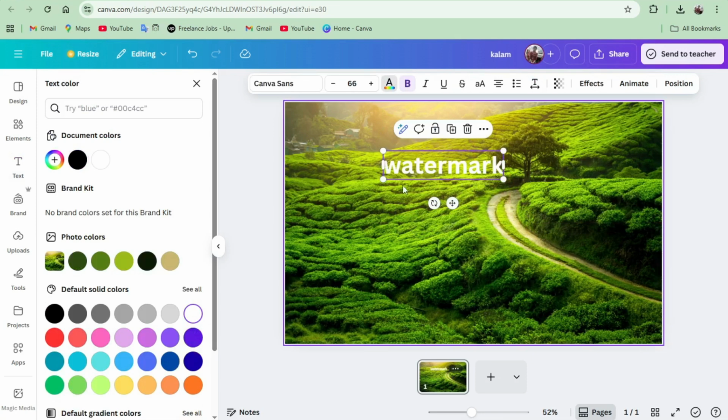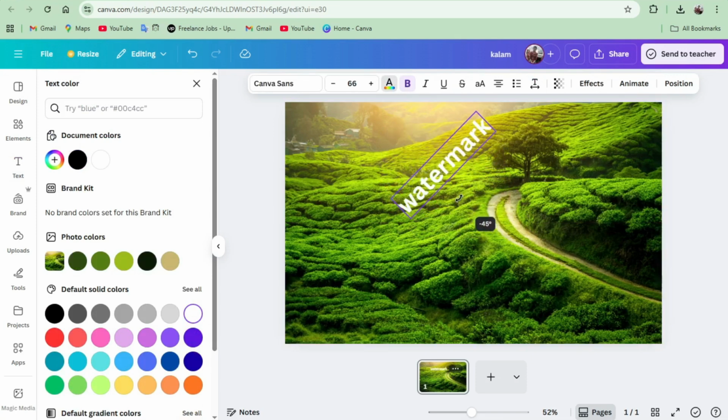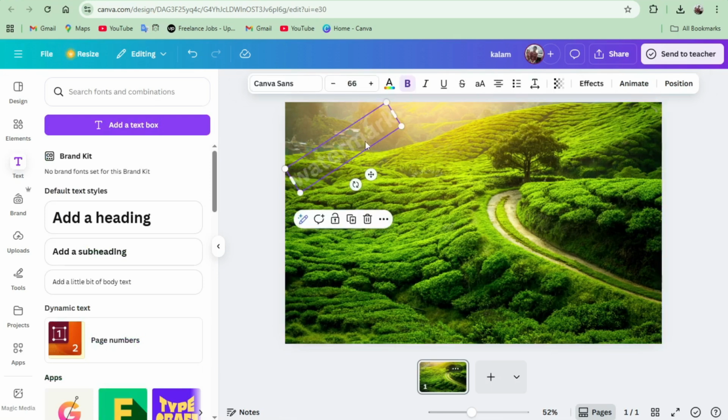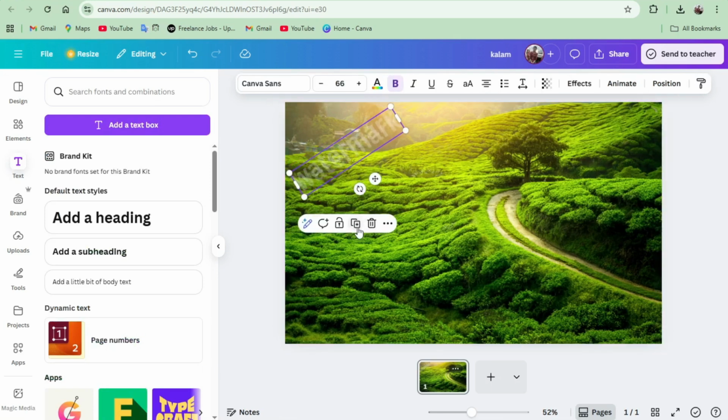Then click on white. Oh, this color is a good match. Now okay, this is a good rotation. Then click on this transparency, then keep it at 25. Okay, this watermark is really nice looking, so I copy